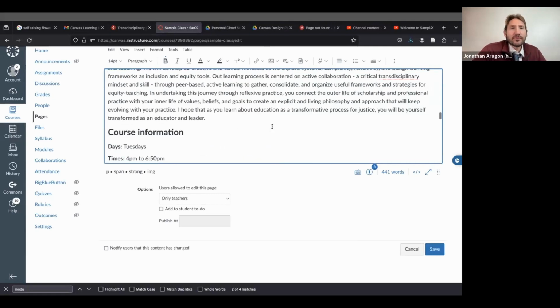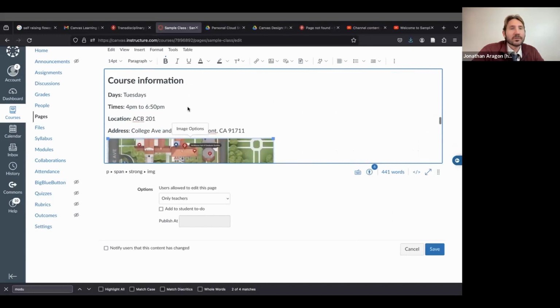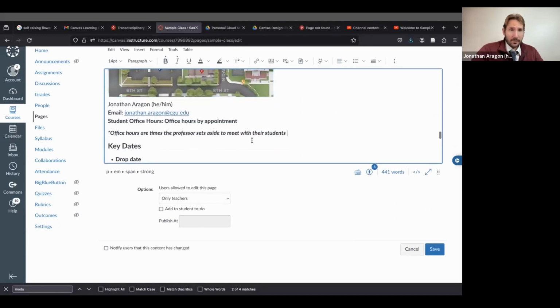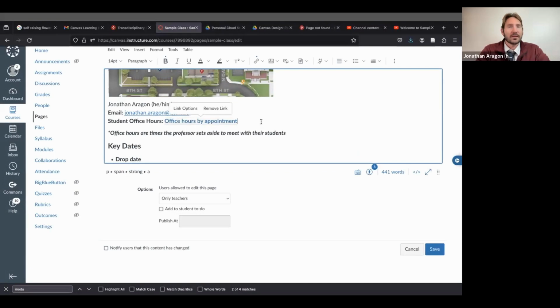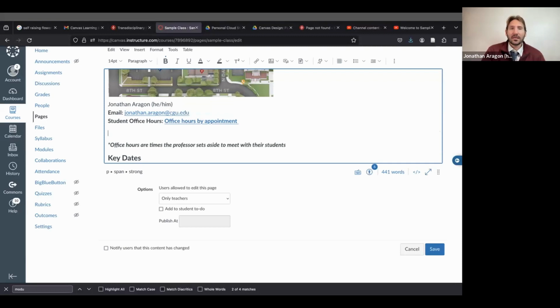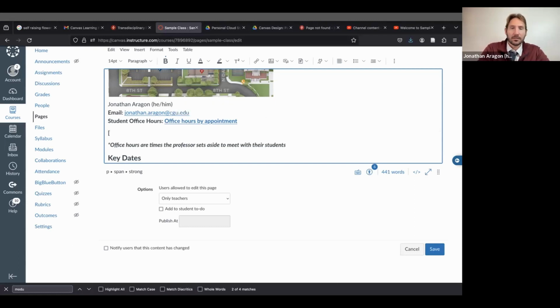Just in terms of inclusivity, I think the basic class information: course description, email, office hours by appointment. So you want to put a link here, a link to your appointment scheduler. And then if it's a physical location, you put that. And then I think this is what we want. You can hyperlink the text, but we also want the actual URL